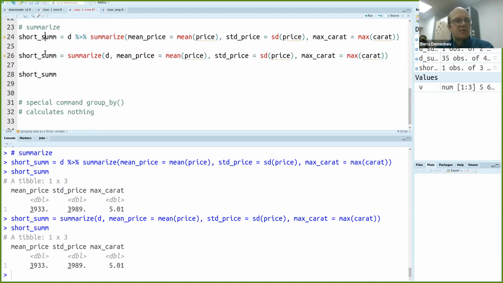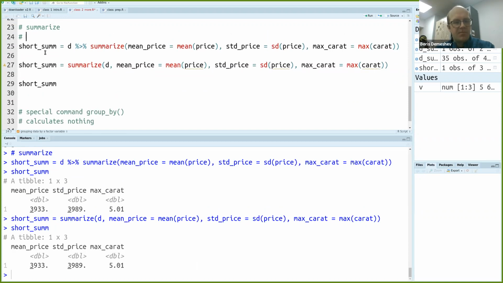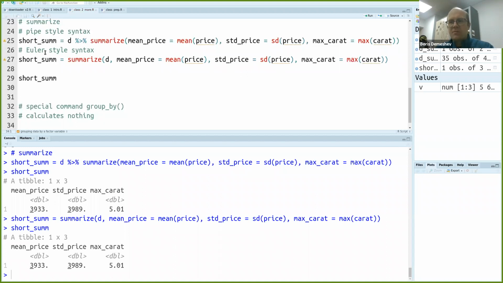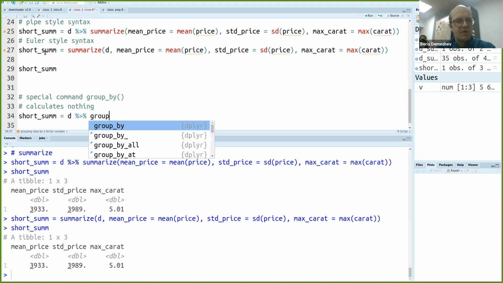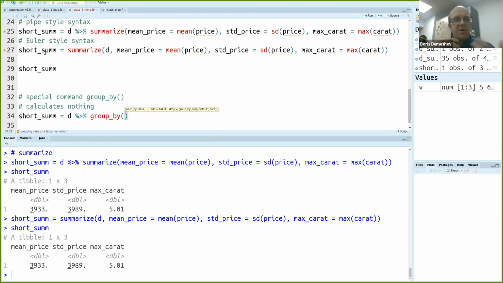Okay, so this is pipe style syntax, and this is Euler style syntax. The result is the same. Okay, now group by comes in. I will do basically the same, but I will first do group by. I say group by some factor variable,